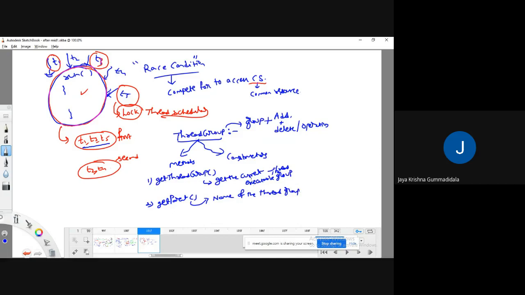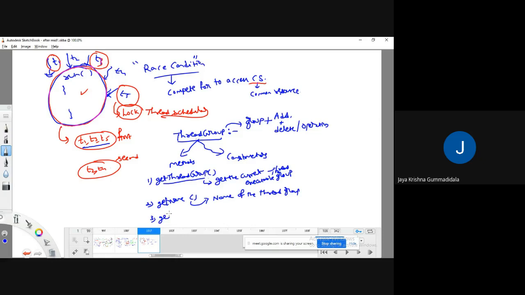What is the difference between these two? One will get the reference of the current executable thread group, and the other gets the name of the thread group.